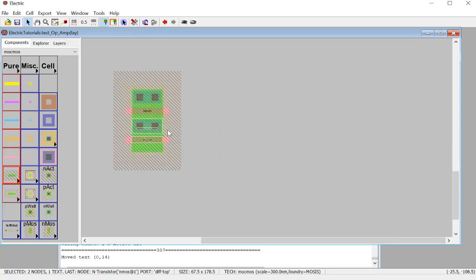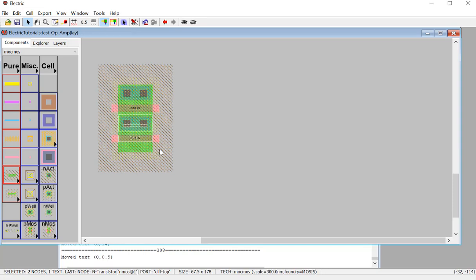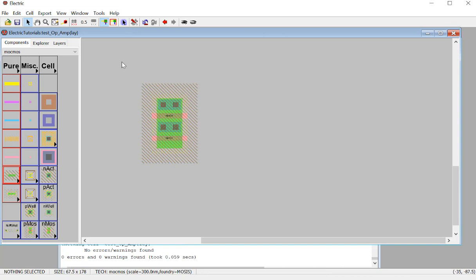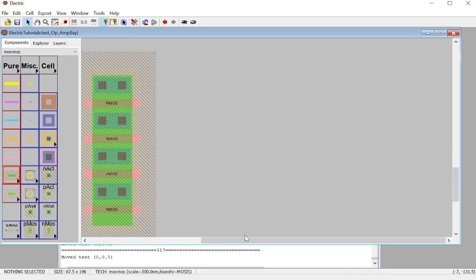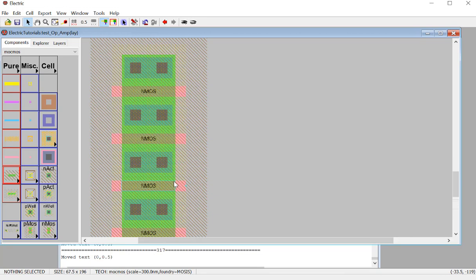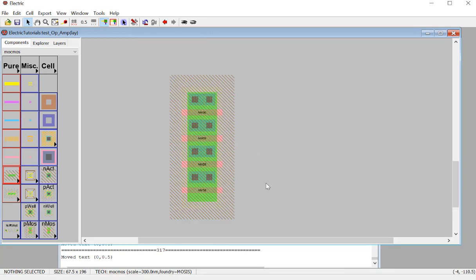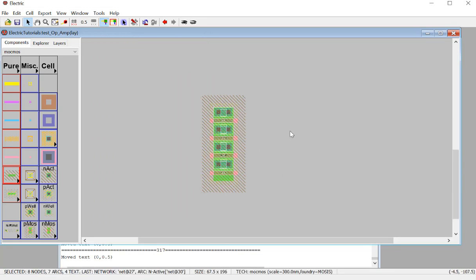And move it up. Okay, I think this is fine. F5, no errors. And copy and paste. And connect this thing to here and move it. And then move. I think they are evenly spaced, are they? I think they are. And then the last one,